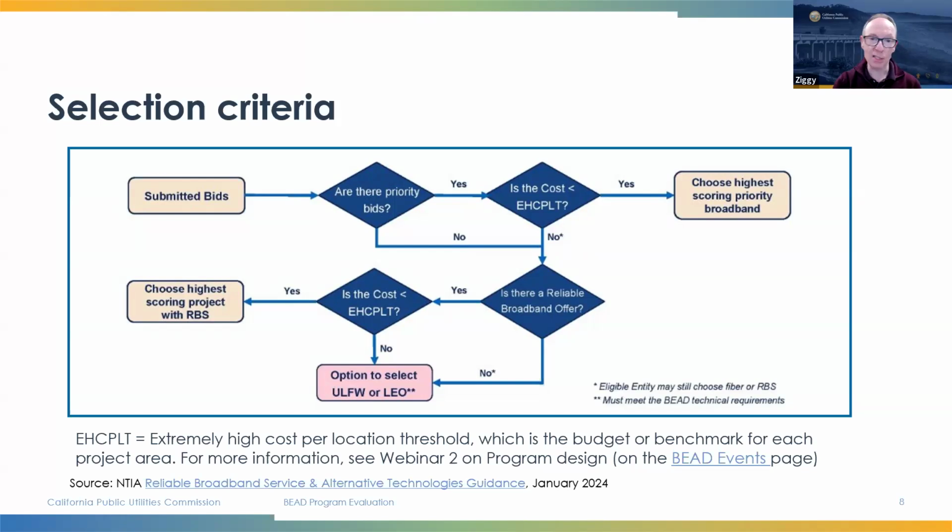And if there are none, then it goes into the next category, which is reliable broadband service. And again, check if it's within budget or not. And if there are none and none can be negotiated, then finally the unlicensed fixed wireless or low Earth orbit projects may be selected.